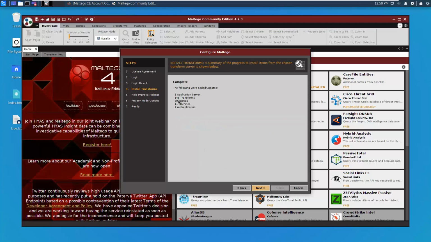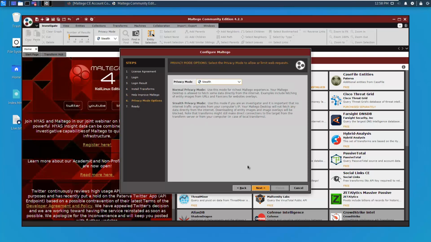Right, so all the transforms are installed now. Let's just do next, and we will keep it off. There are two different modes: select mode and normal mode. When you are gathering information in normal mode, it might reveal some of your information to the network or the system from which you are gathering the information, right?